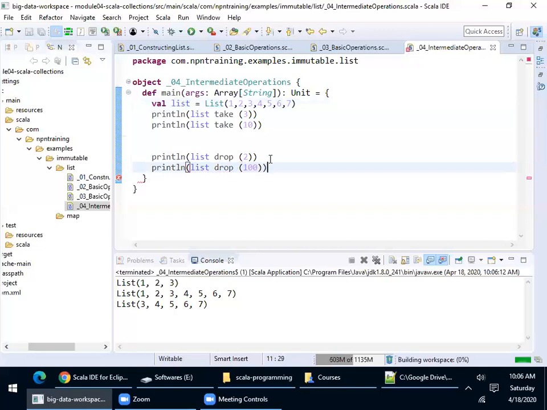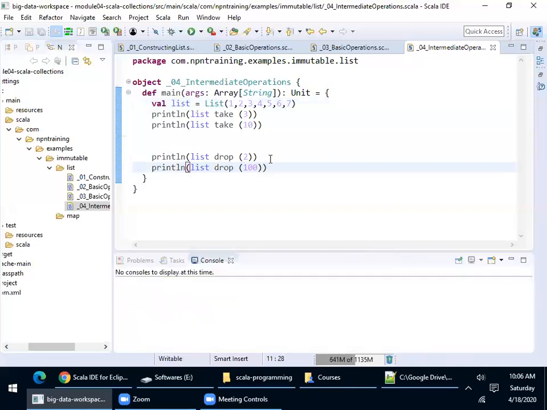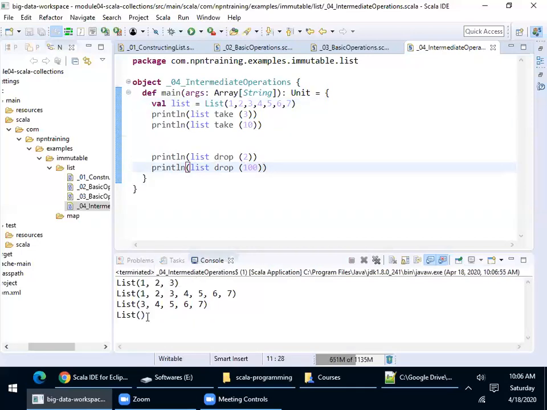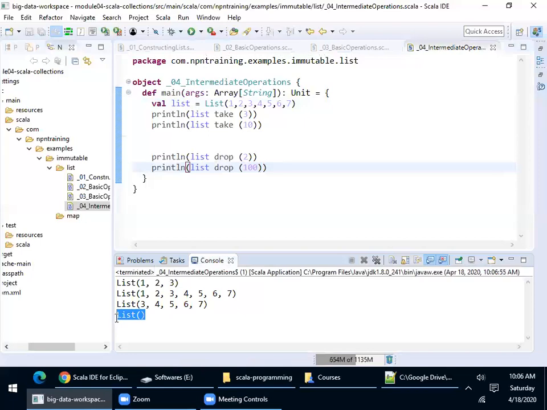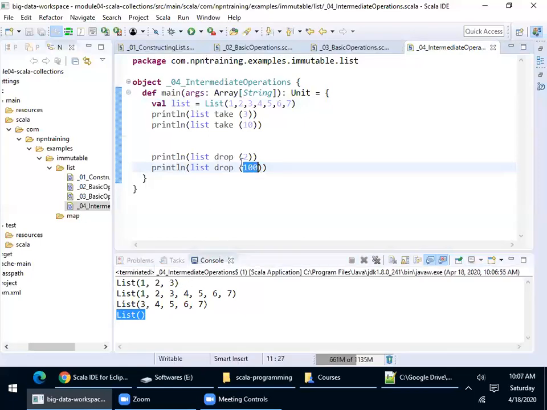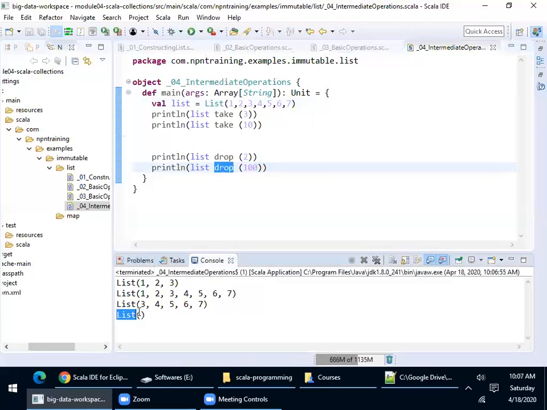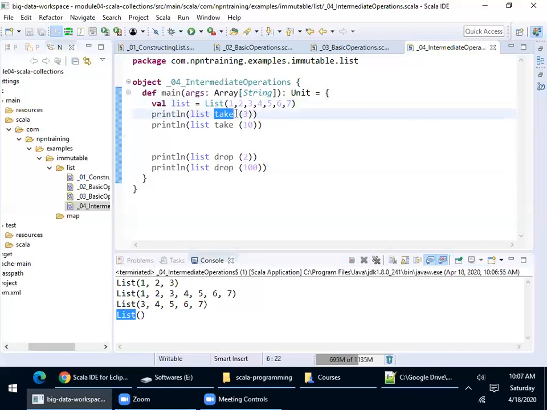In that case, please observe what happens here. It gives you an empty list. This is very important. If you give a value greater than the available during your drop method, it will create an empty list. While on the take method, if you give an n value greater than the available size, it will give you all the values.